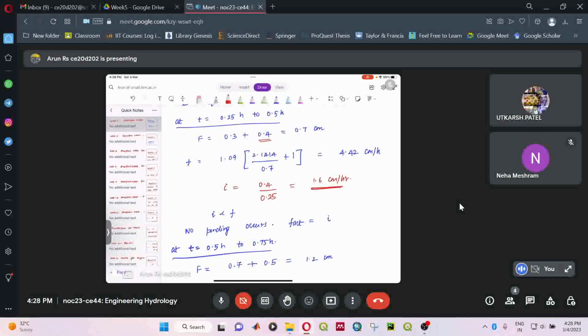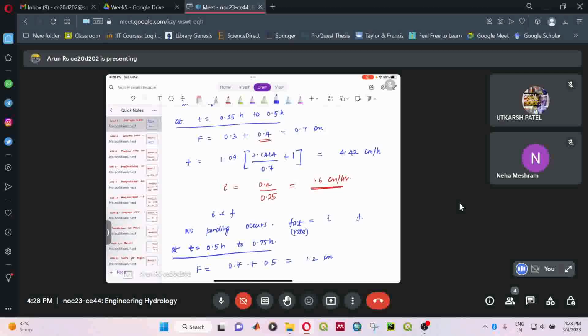So no ponding occurs, but what is the actual rate of infiltration? That is the infiltration that is currently happening in the field, corresponding to your rainfall intensity, 0.7 centimeter. This is the actual infiltration rate. So F actual is equal to your rainfall intensity, because